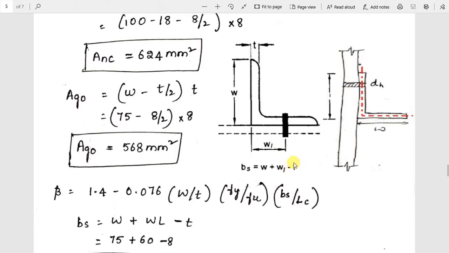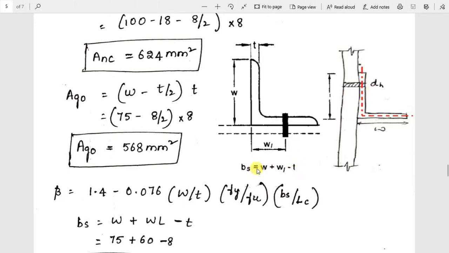So why do I have to deduct this T? Because it is the distance along this center line, from this particular center along this line till this particular point. If you consider W, this T by 2 also will be included. And if you consider WL, that is from this center to this bottom, even this half thickness also will be included. So that you have to deduct. So minus T by 2 in this direction and minus T by 2 from this direction. So totally it will be equal to T.